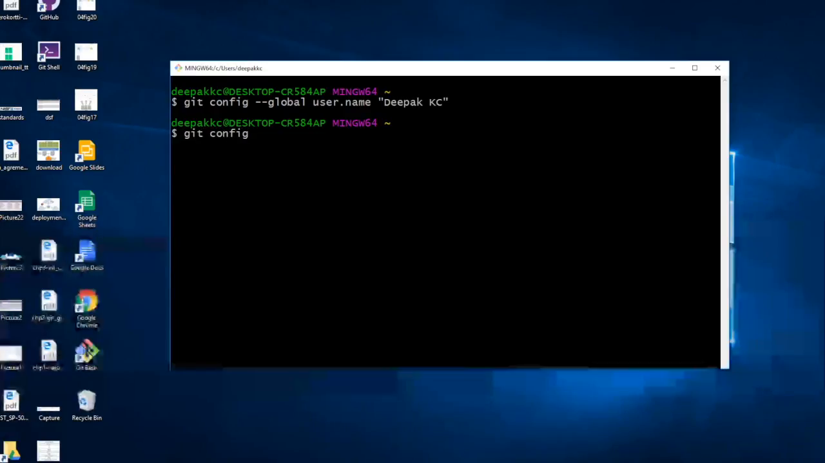Again, git config --global user.email, and then we specify the email address. Give your email address. I'm going to use this Gmail because I have an account in GitHub, and those of you who do not